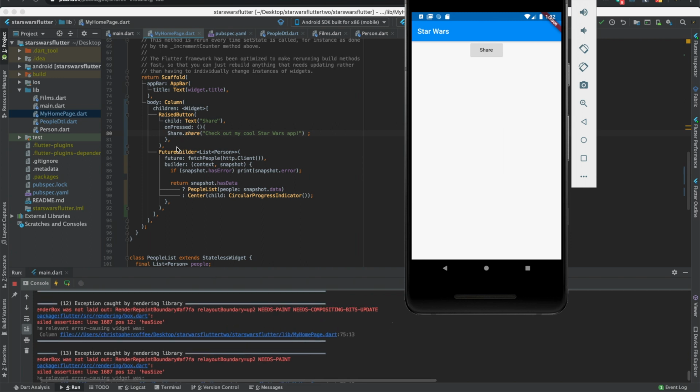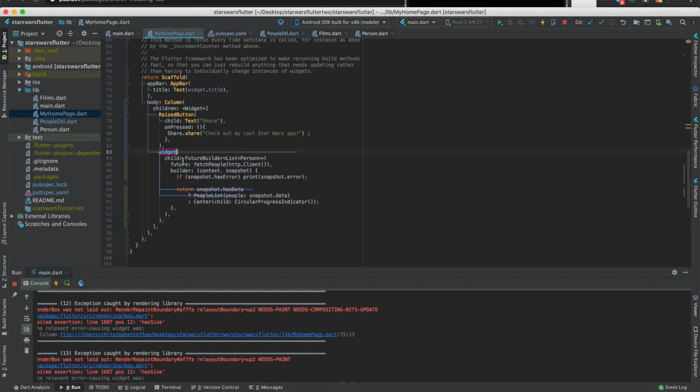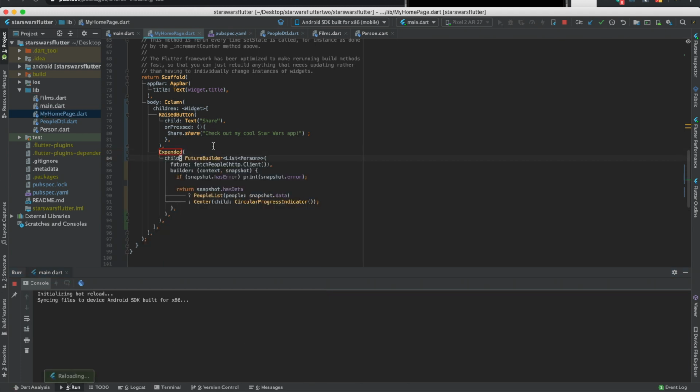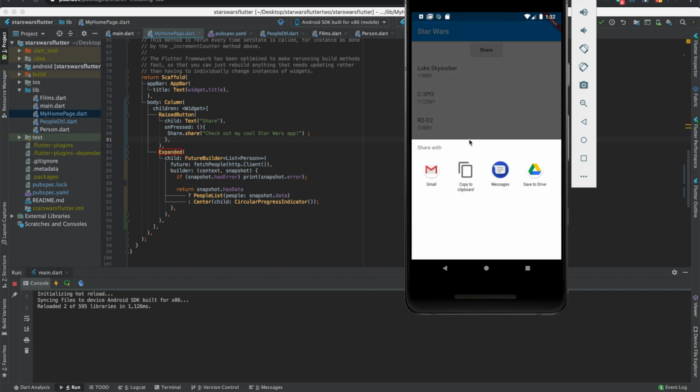Alright, we need to set a size to feature builder. So you could do expanded, really, which it doesn't have. Just so you can show the list under that, but so you just click share. It'll bring up the share bottom sheet. Now iOS